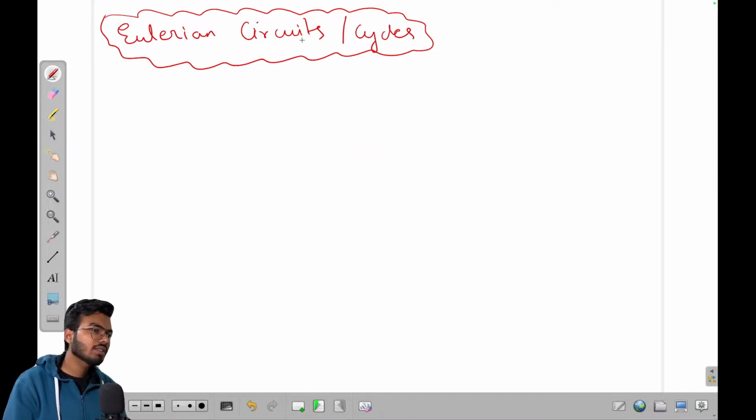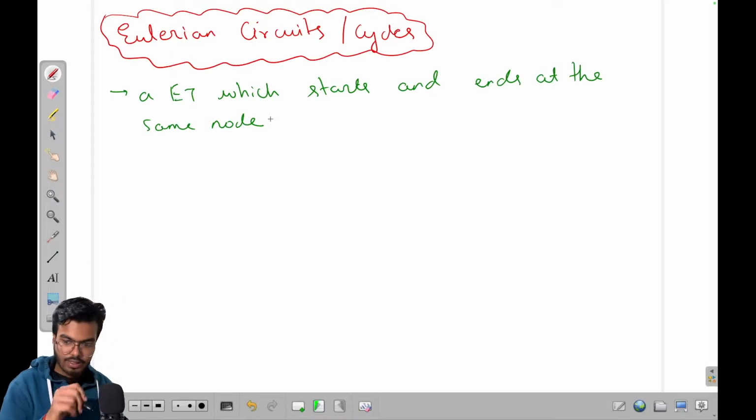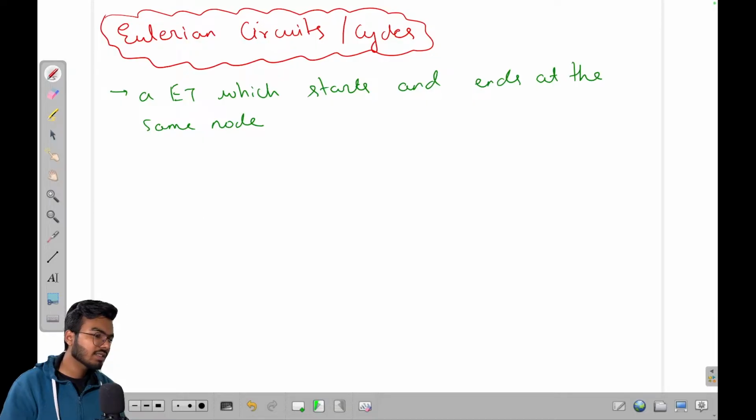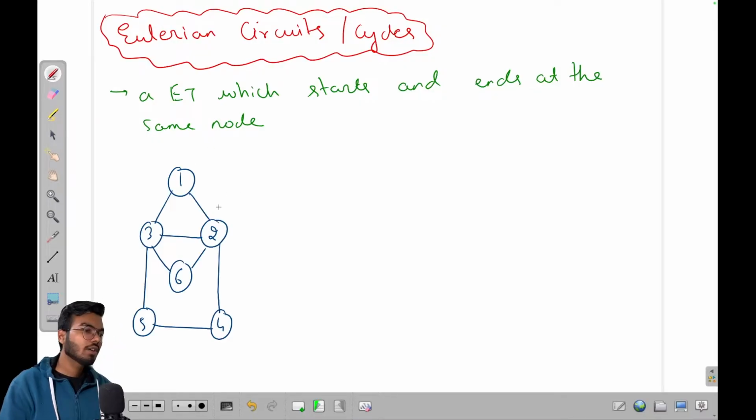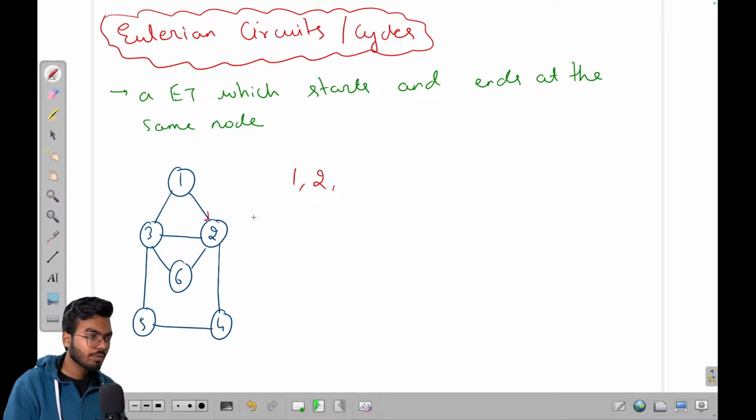A Eulerian circuit or Eulerian cycle is a Eulerian tour which starts and ends at the same node, right? So let's discuss what the possible Eulerian circuits are. Let's consider a graph. Now we want to start and end at the same node. So one possible way would be, let's start from 1, and let's consider this as 2. Then I can go to 3 also, but